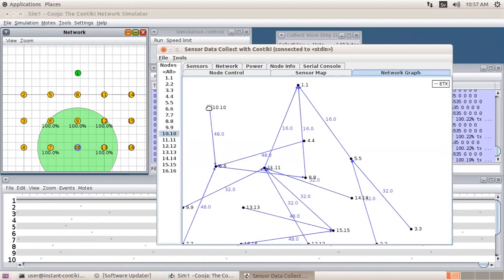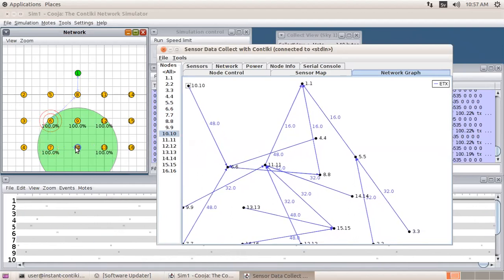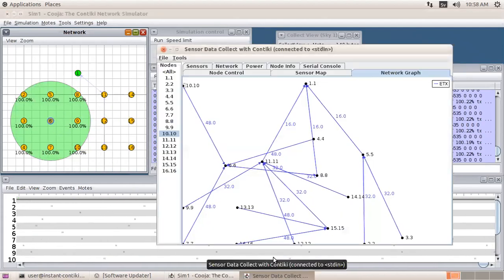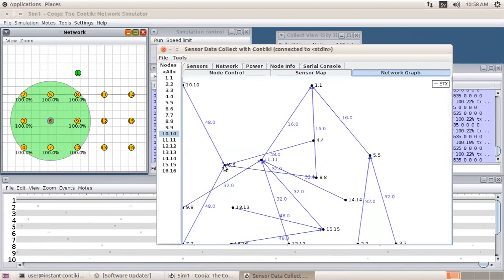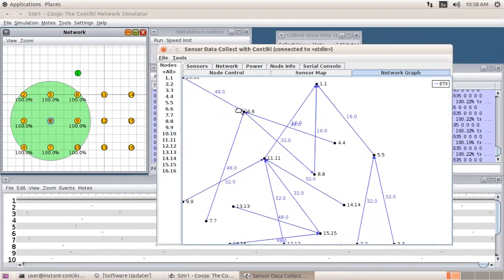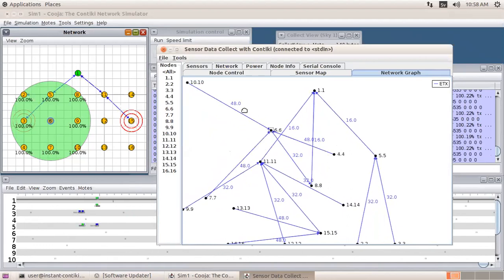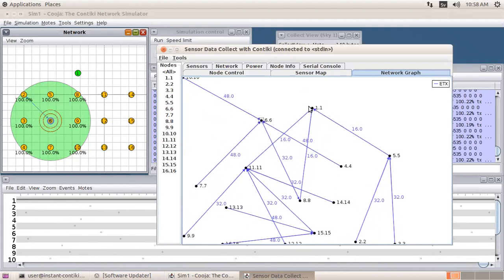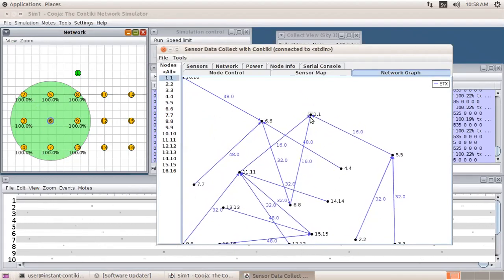Node 10 is connected with node 6, and then it is connected with node 8. You can see the shortest path, and then it can get to node 1, that is the sink node.